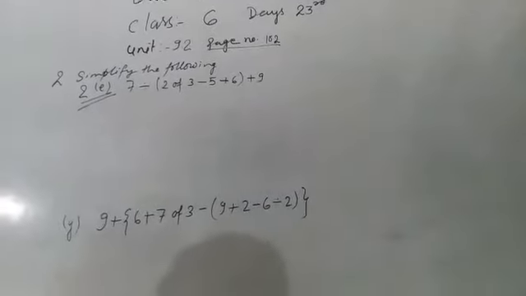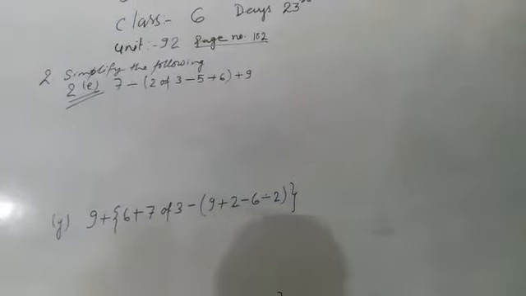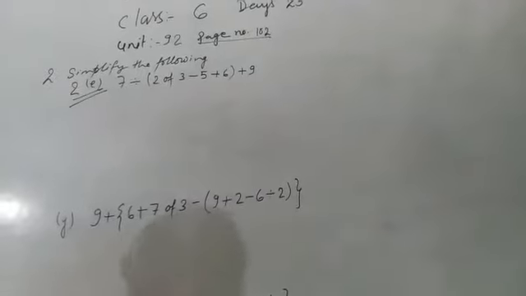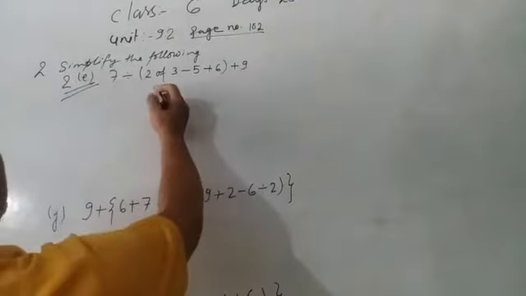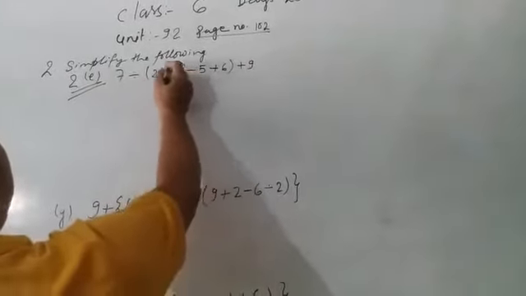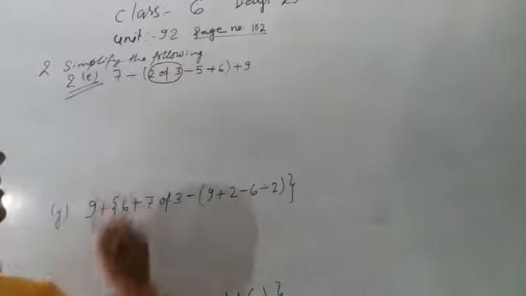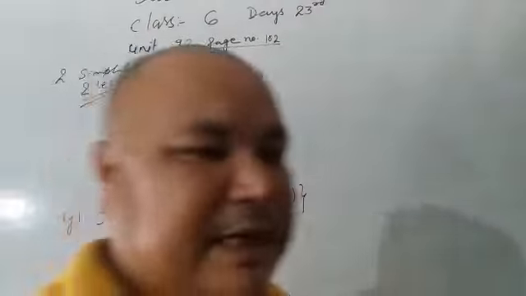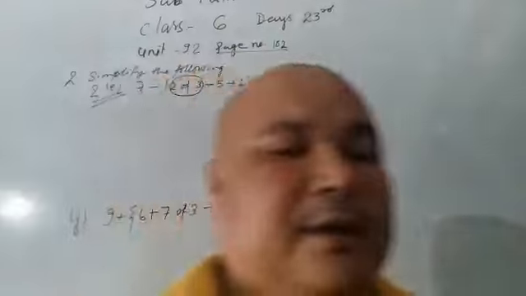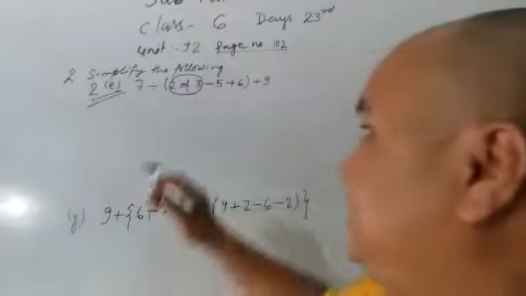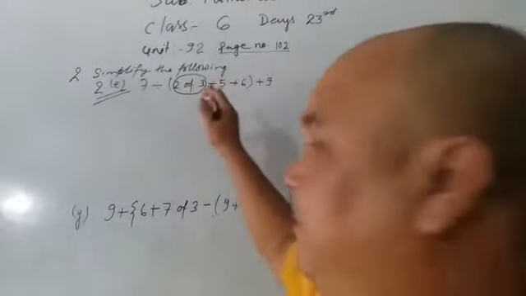Okay. So here are the small brackets. We solve the small brackets problem first. In this small bracket, we are doing the "of". "Of" means, what do you know about the "of"? "Of" means multiplication, which is done before the divide. So here there is no divide. It means there is a multiplication at first.